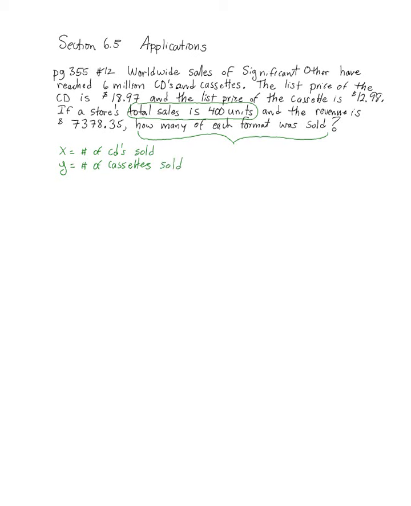So I own a store. I sold 400 units, which tells me if I take the number of CDs, total means add, the number of cassettes, I sold 400 units. So there's my first equation. And in these word problems, one of the equations is almost always going to look exactly like that. You're almost always going to have an X plus Y equals something. Almost always. In fact, just skimming through the problems in this section, I think you're always going to have that. I think that's going to happen in every problem. Okay, the other